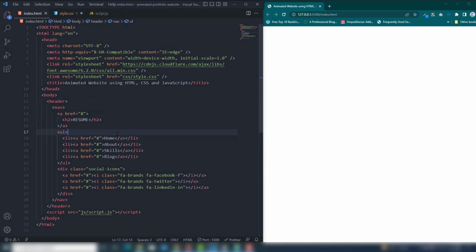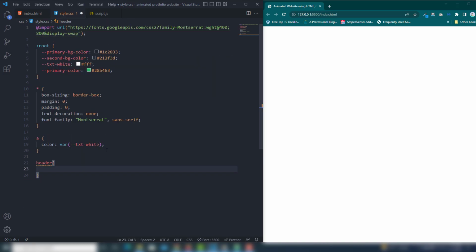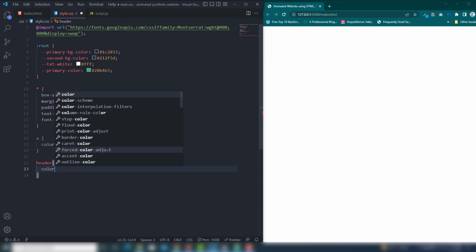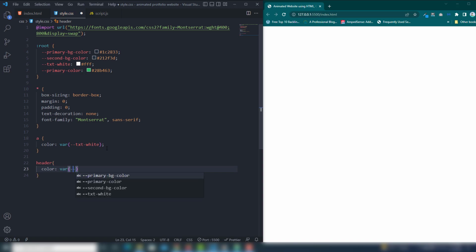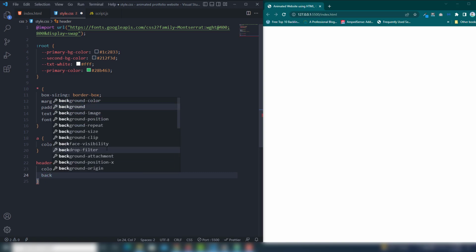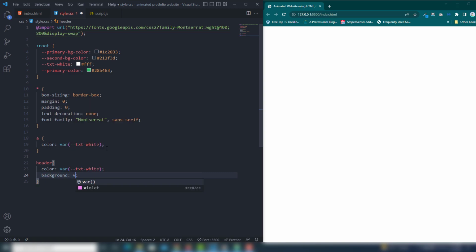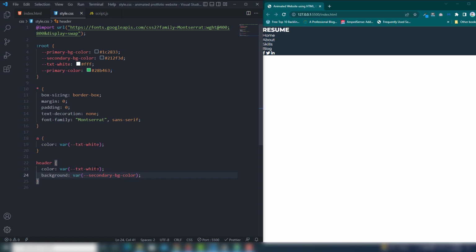I'm going to show you the header like this one. In the header section, I'm going to call the color will be white, txt white, and background color I'm going to use that will be primary secondary, right?